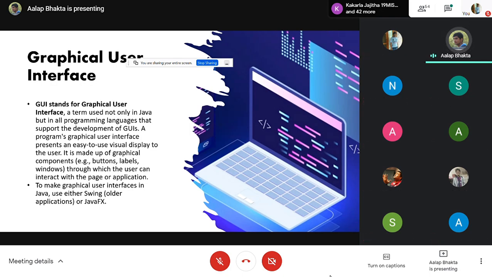When you click on it, there is code behind it that will interact. So this is the basic idea of how GUI interfacing works. In Java, for making GUI applications or GUI system frames, we can use libraries like Swing, which is for older applications, and nowadays JavaFX is used.